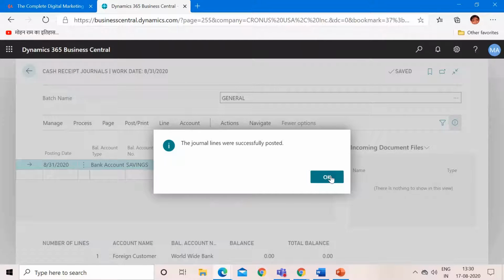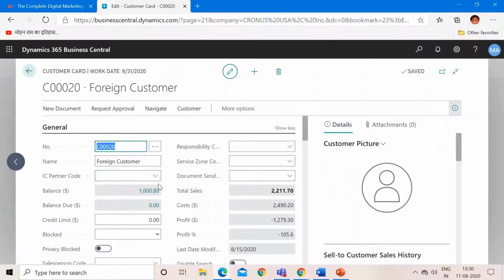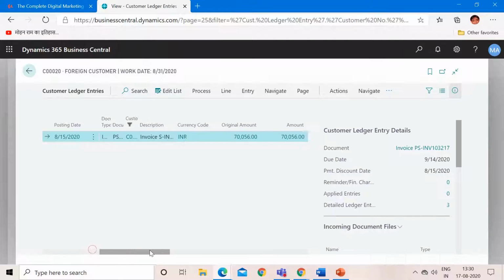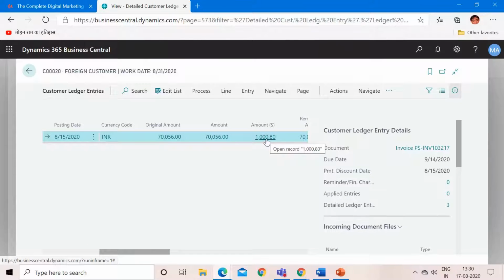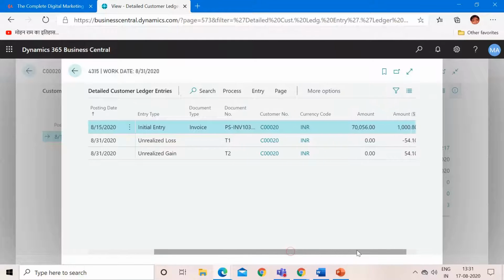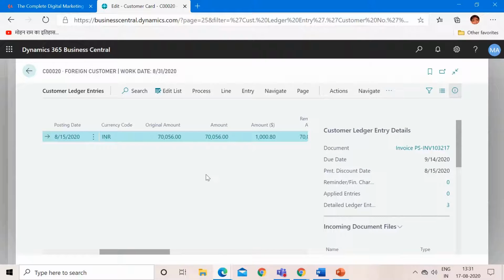So it has posted. So let us go back to our customer card again. Open this, click on balance and click on amount. Okay, I have selected wrong actually.